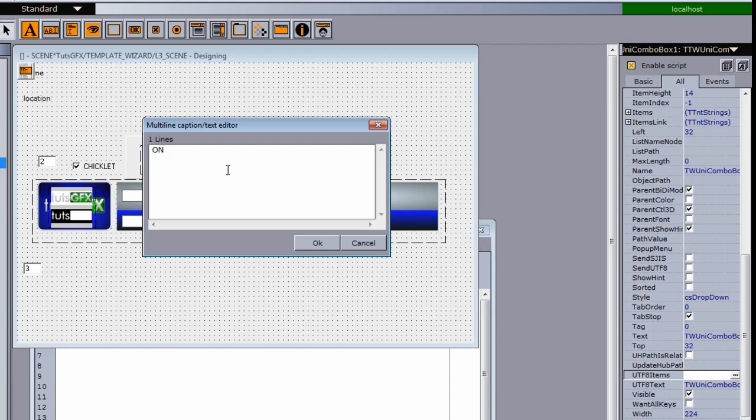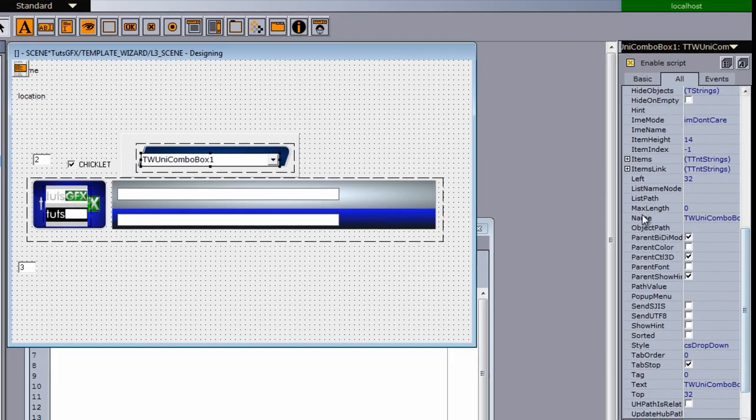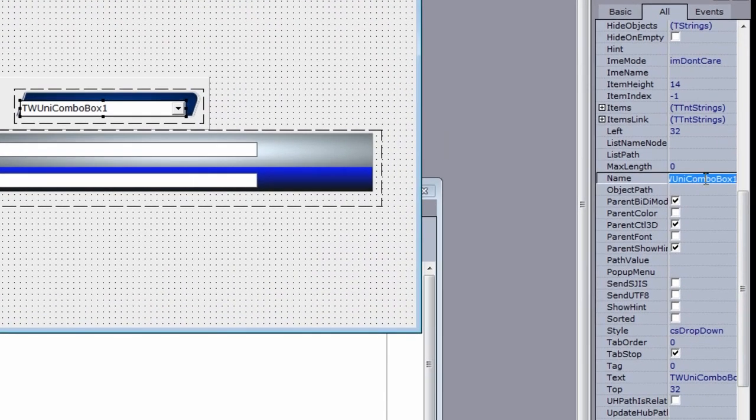So I'm going to go ahead and type on location in here. Our second option for them is happening now. So I'm going to type happening now. And then our third one is breaking news. And I'm just going to click OK. The TW Uni Combo Box 1 is a name automatically generated by Viz Template Wizard. And over here in the name, it says TW Uni Combo Box 1. So I'm going to go ahead and just highlight that and Control C it,